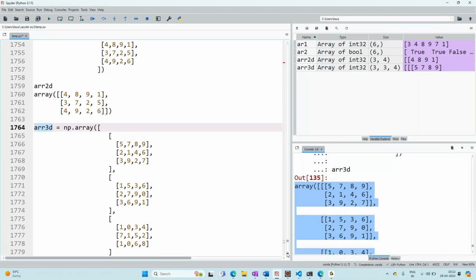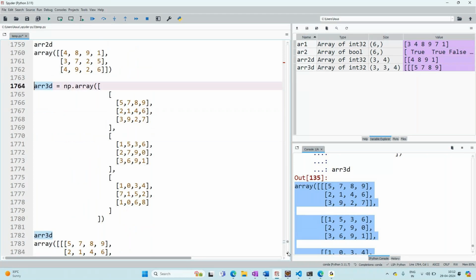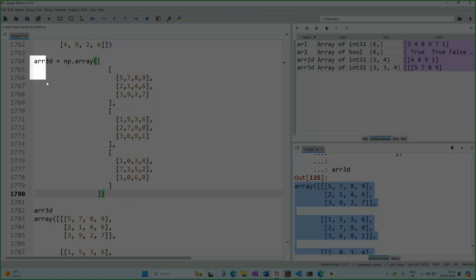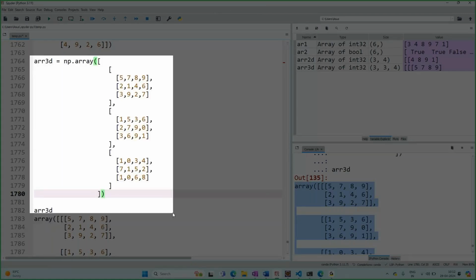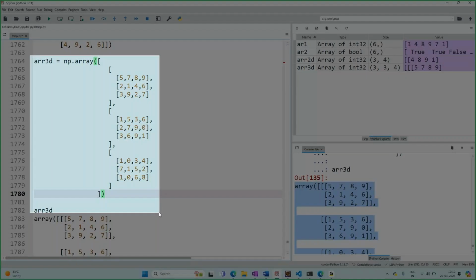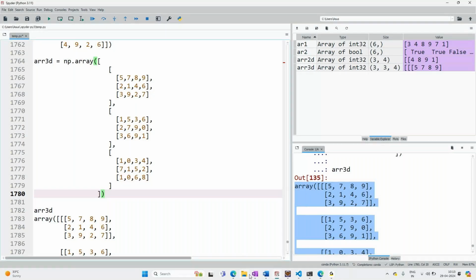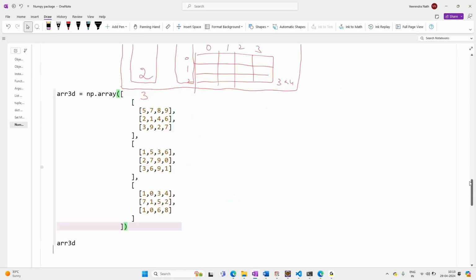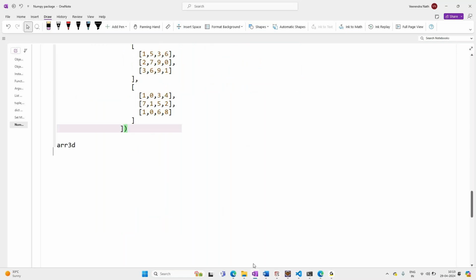So I will print the screen. Okay. So this will be reference for you whenever you look at it. Right. And next thing is